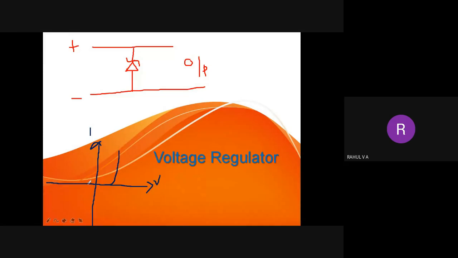And in the reverse bias condition, there is a point. That point is called VZ, Zener voltage. The breakdown happens at that point. It is not like avalanche breakdown. Breakdown that happens at low voltage is known as Zener breakdown. The disadvantage of avalanche breakdown is that once it is reached, the diode is completely damaged. So it is not like avalanche breakdown.